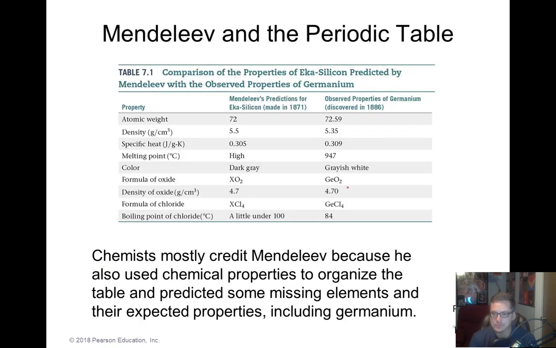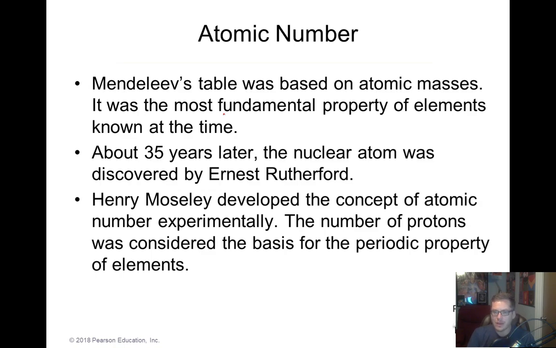Anyway, Mendeleev organized them based off properties, and then he also predicted missing elements, and so forth. So here's some stuff for germanium and silicon that he came up with. I still think Eka would be a cooler name for silicon, but whatever. All right, he based it